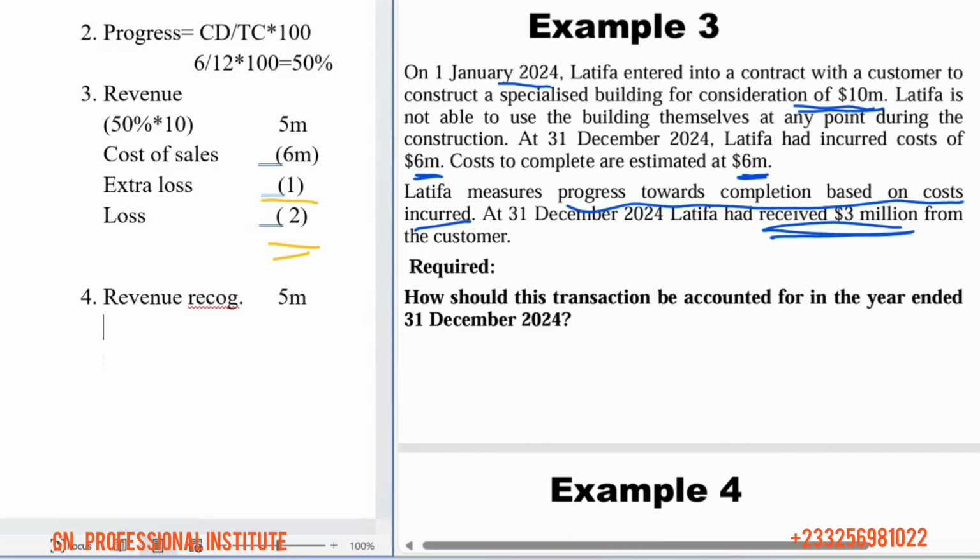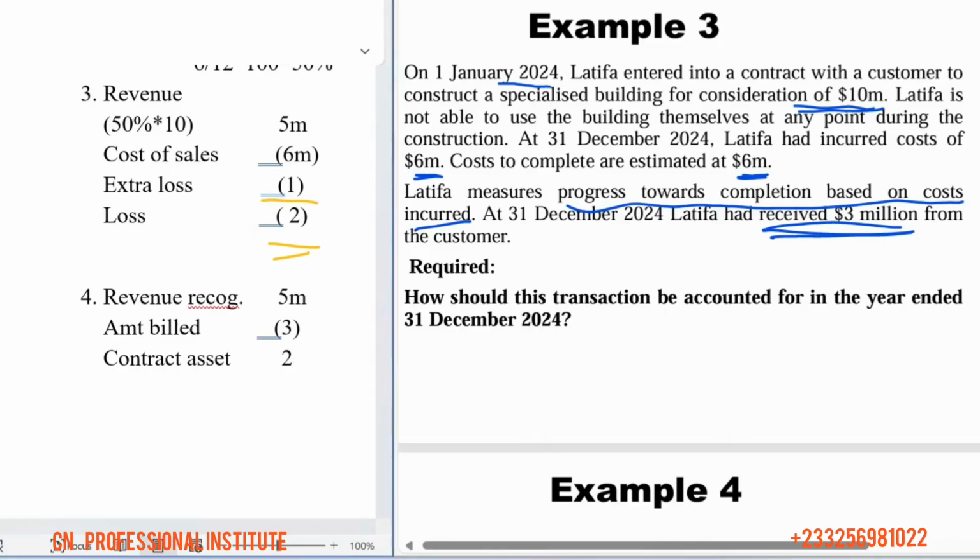And then we are going to compare this with the amount billed. The amount we are billing or invoicing the customer. How much is the amount billed? The one that we've received from the customer. We have received 3 million from the customer. So we deduct, and then there's the contract asset. This will be recorded in the statement of financial position. If you deduct this, you get 2 million. So 2 million is a contract asset that will be recorded in the statement of